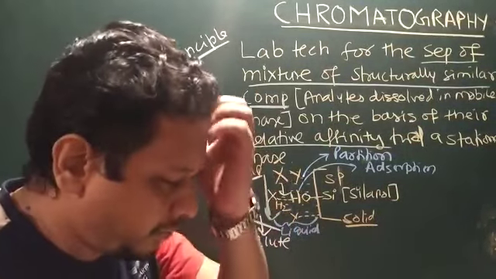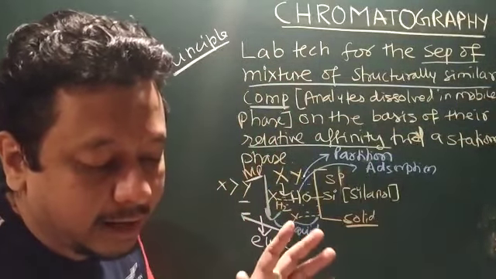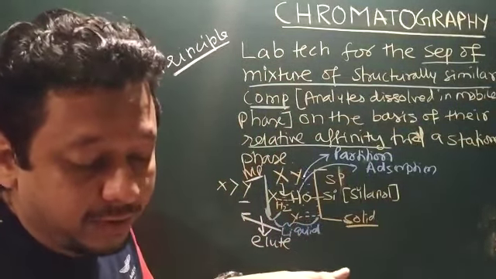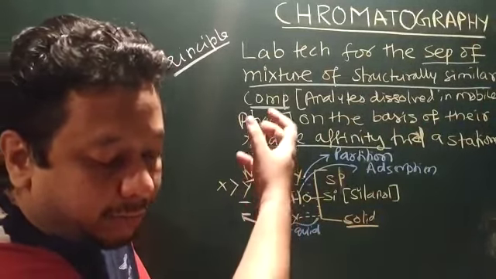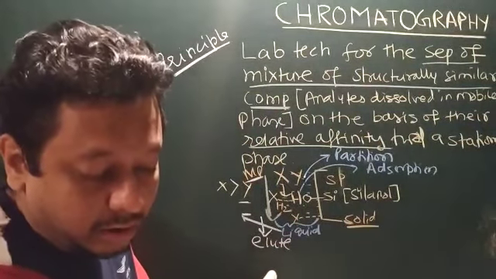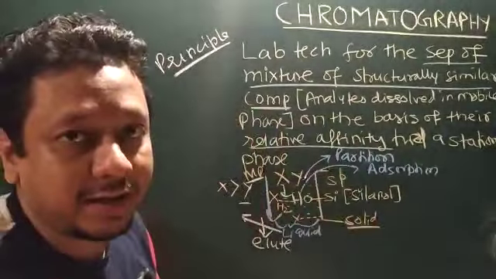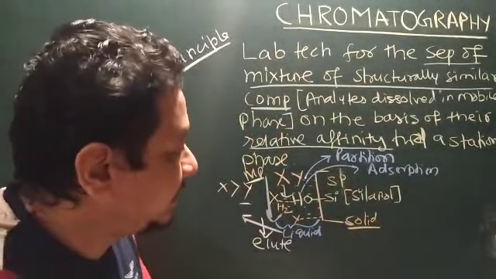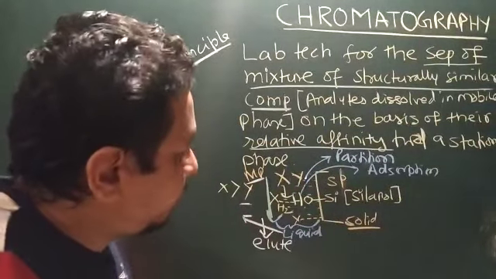The various components of analytes present in the mobile phase should be partially soluble for adsorption on the stationary phase. Otherwise, a highly soluble compound is fully eluted out instead of being retained on the stationary phase. As a result, we won't get any separation. So that's a very important fact.